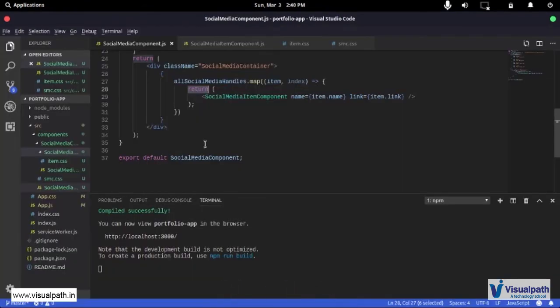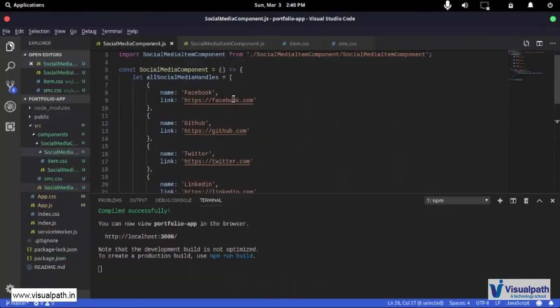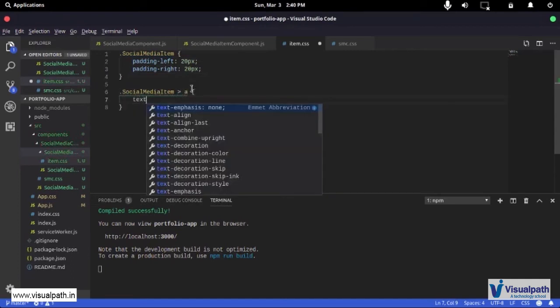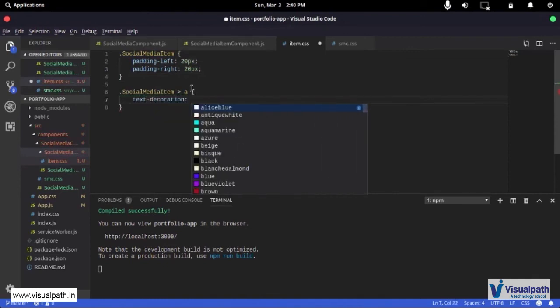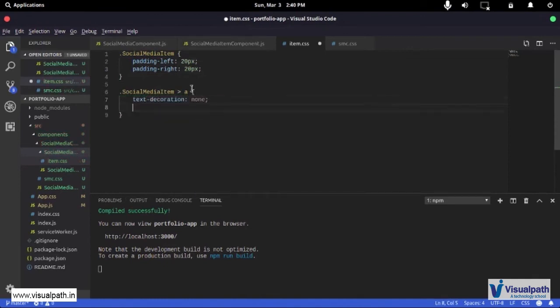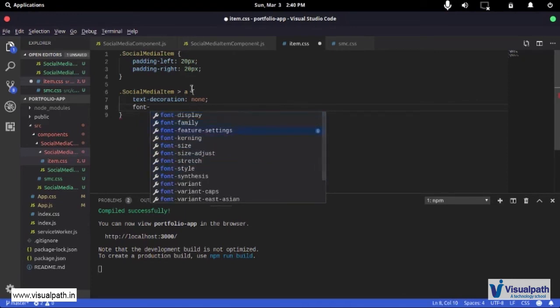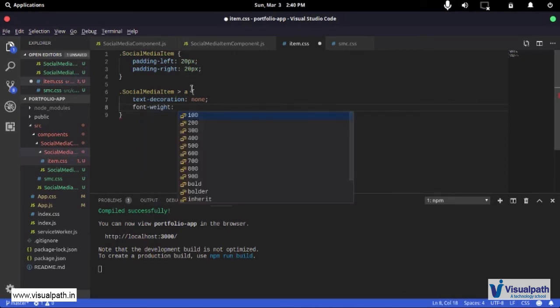Now let's style it a bit more. Say I want to remove that line under there. What I can do is have the reference to this as this is the parent, and say you have a direct child of anchor tag under you. What I want is text decoration none so that I don't get that underline. Then I want a font weight, and these are just styling, of say 700, and that is just going to make it a little bolder and a little more out there.